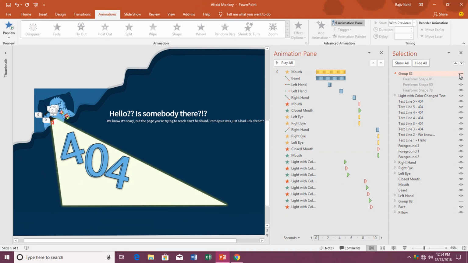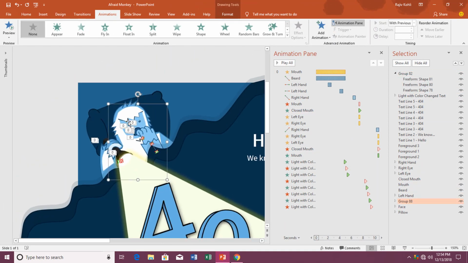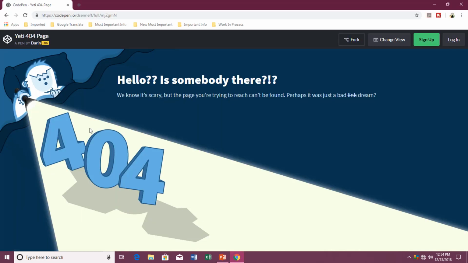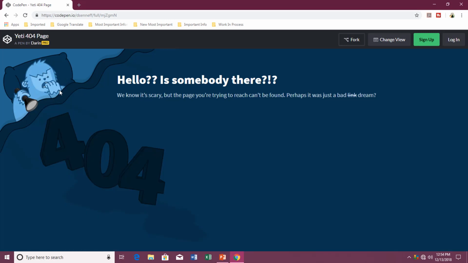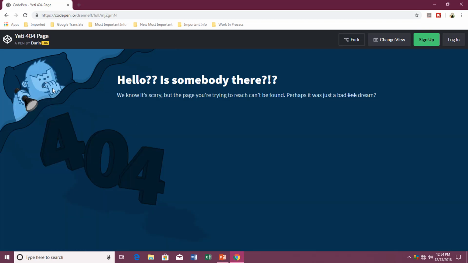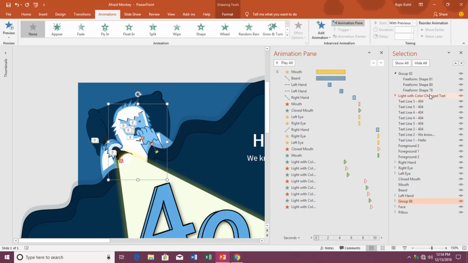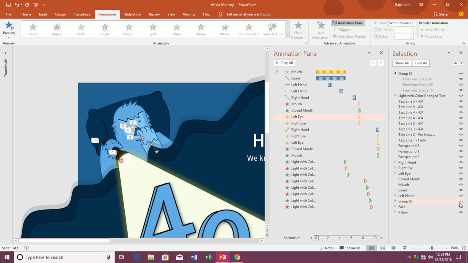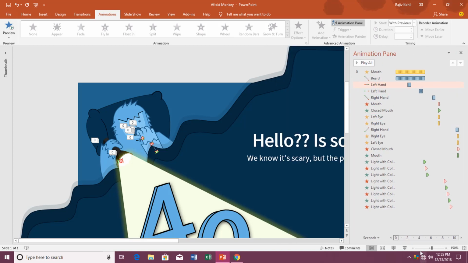I am not using these two objects. As you can see here, the white body of the monkey, as you can see in the original animation, when the light blinks, the light reflects on the body as well. But I have not included these objects in my presentation, so if you want to add them, then you can really use them. I have included these two lights here. So in the final presentation, if you want to include them, then you can also apply the appear and disappear effect on both of these objects as well. So let's see the final preview.